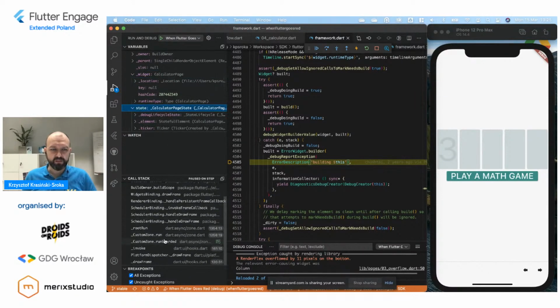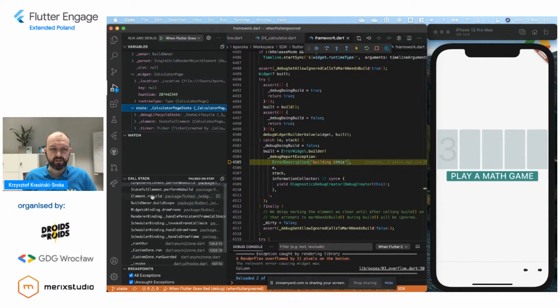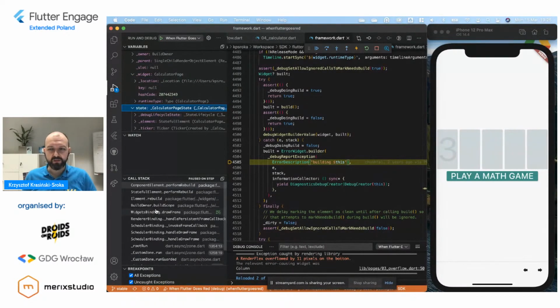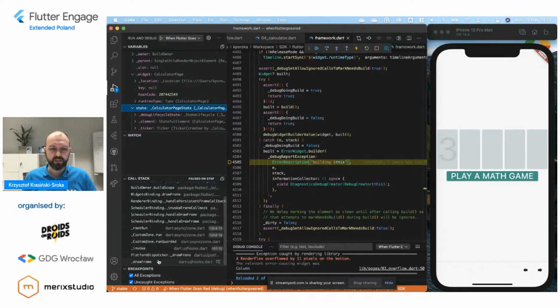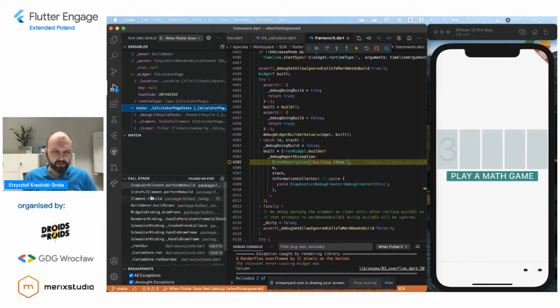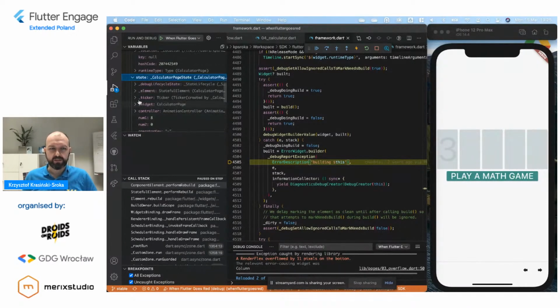But as you can see, there's no calculator page here in a call stack. That's because when this error occurs, we are not actually inside of the widget. We try to perform rebuild during a set state. So this is a set state call somewhere.